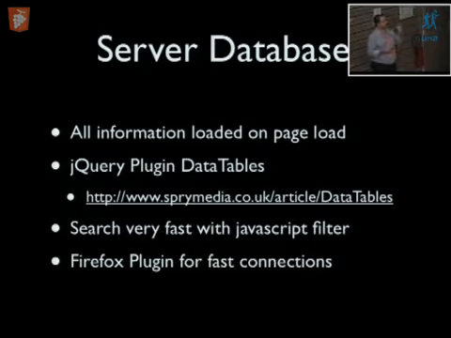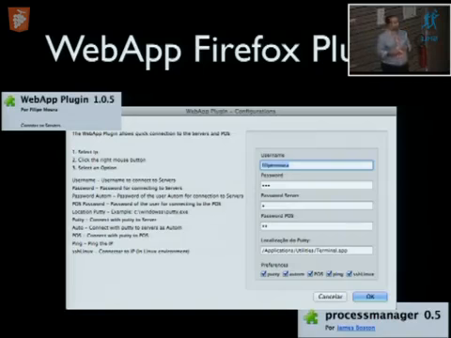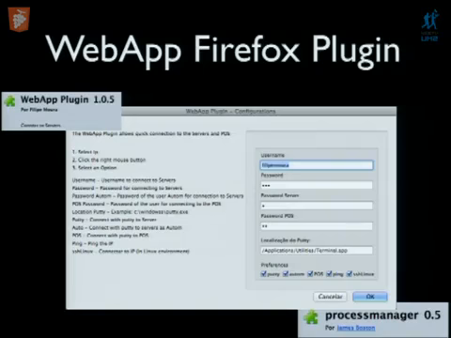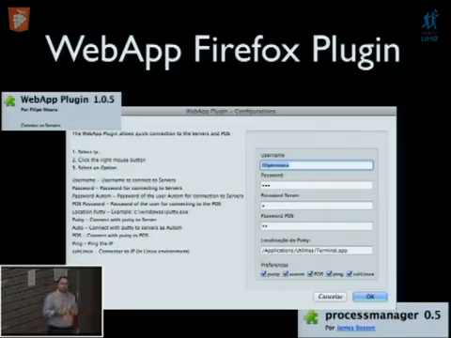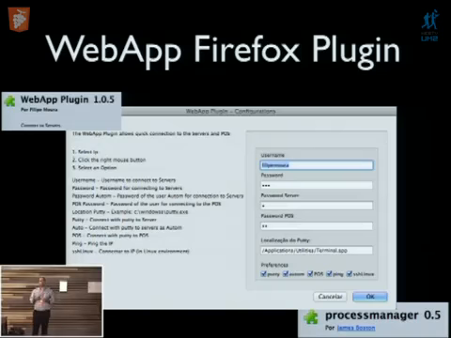Okay. Let's see how the plugin works. In Firefox, you can manage the configurations and put in all the information of the support user, like the password for the server, the password for the iOS, the location of PuTTY if they are working in Windows, and what type of commands they would like to use. I use a process manager by James Boston to make all the connections to the system in Windows.